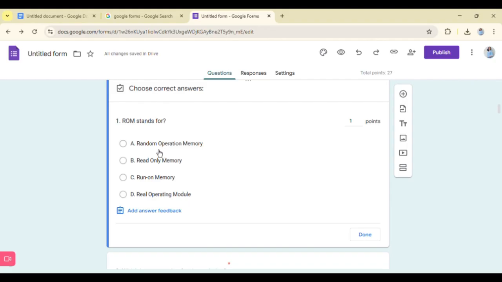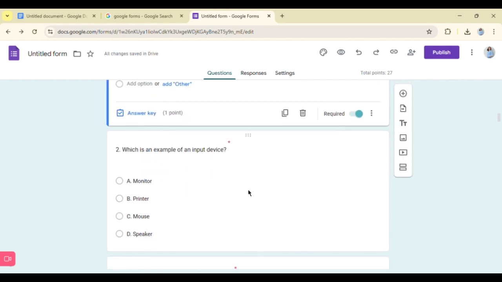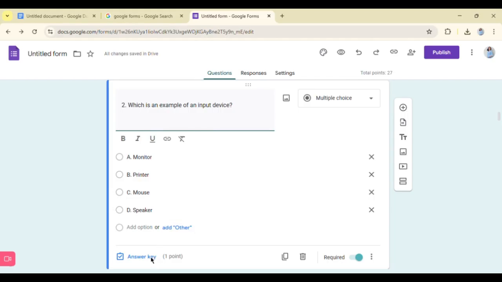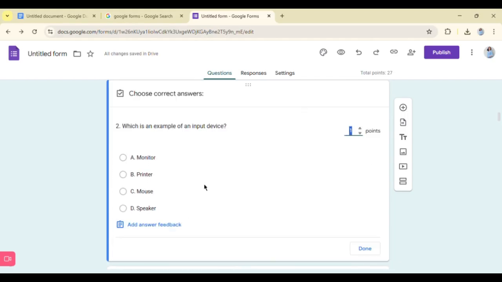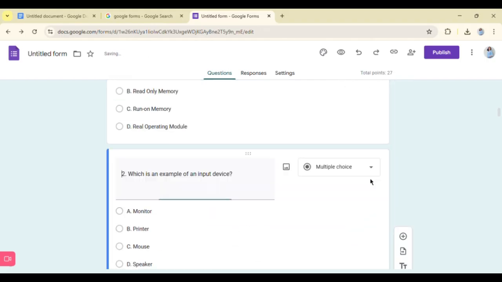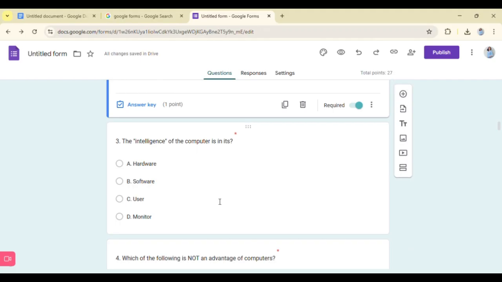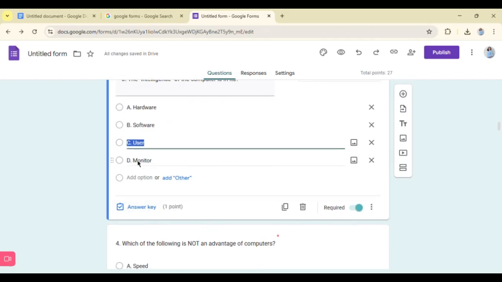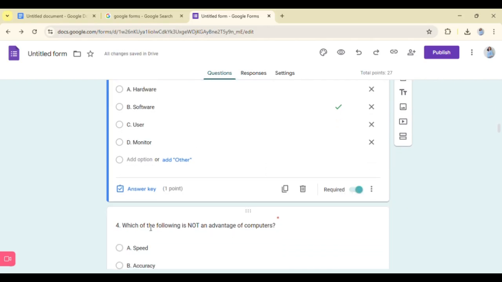For number 1, the correct answer is letter B, and click done. For number 2, the answer is letter C, and then done. Same with number 3. Number 3 is letter B, and then done. And same with the others.